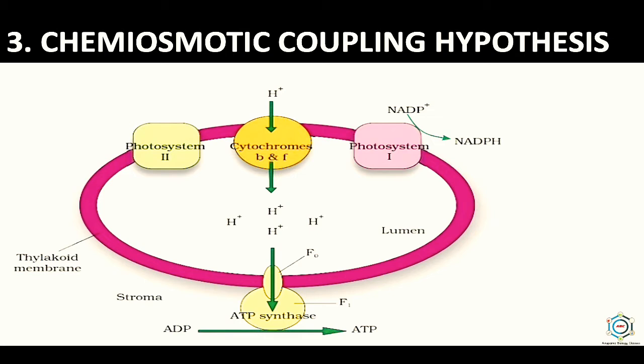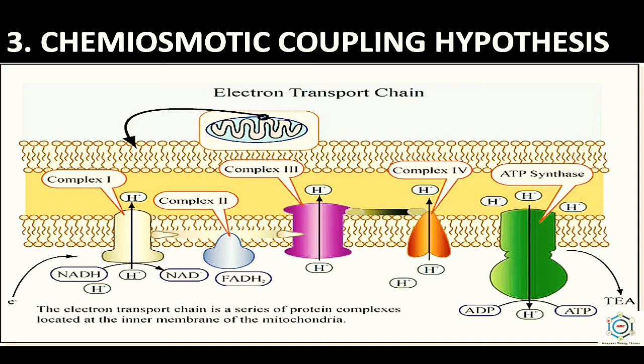Now, the inner mitochondrial membrane is permeable to water but impermeable to protons and other ions except at the points where the respiratory chain and ATPase system are plugged in the membrane. The respiratory chain is oriented in such a way that the electron moves in an inward direction and the proton flows in an outward direction.